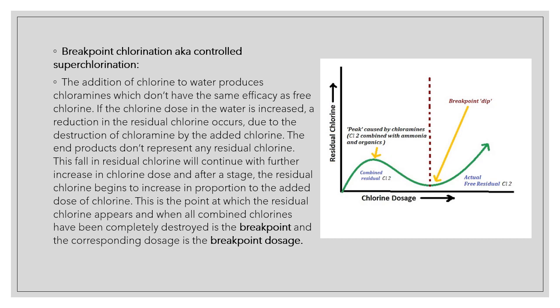And it just goes on decreasing the residual chlorine amount until we reach a point that's known as the break point. The chlorine dosage at this point is known as the breakpoint dosage. Beyond this point, if we add in more chlorine, it's going to increase respectively to the residual chlorine. It's going to increase in proportion on both ends.